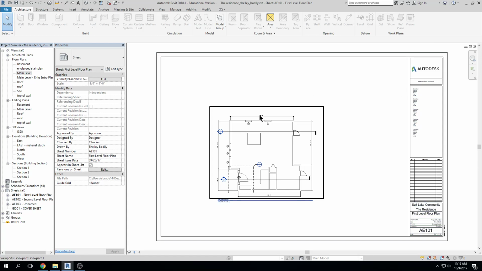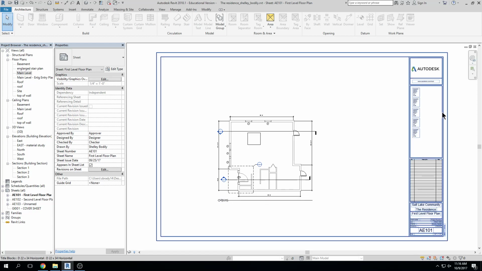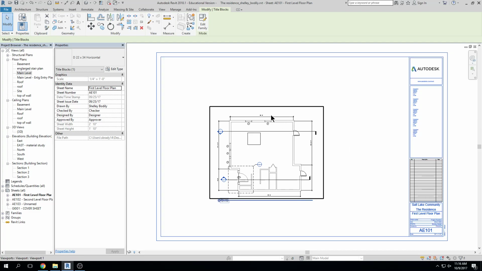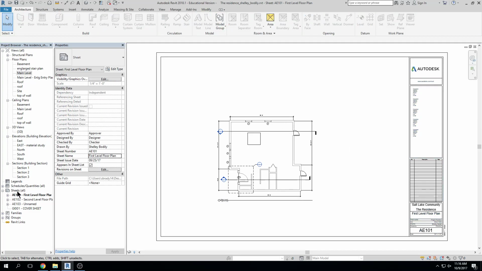Okay. Any questions about any of this kind of stuff? Yep. So if you start with a certain title block, how do you change it if you decide to go vertical? This title block? Yeah, if you want to go horizontal. Uh-huh. So the first thing is you would have to have one designed, right? Once you have one designed, if you want to use that, you can right click